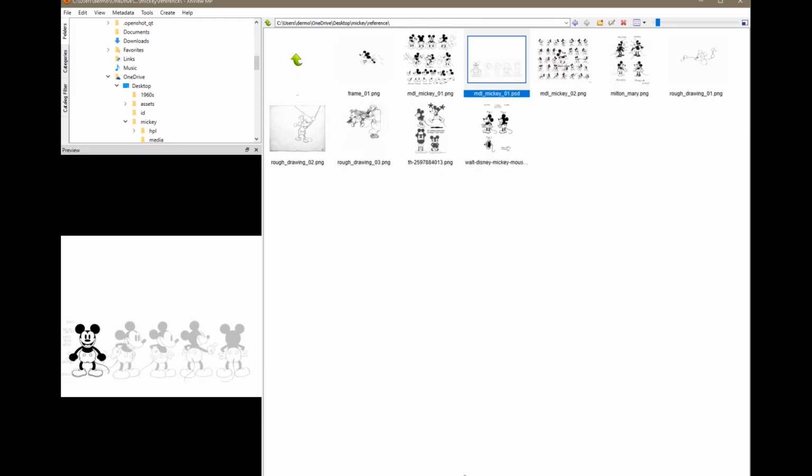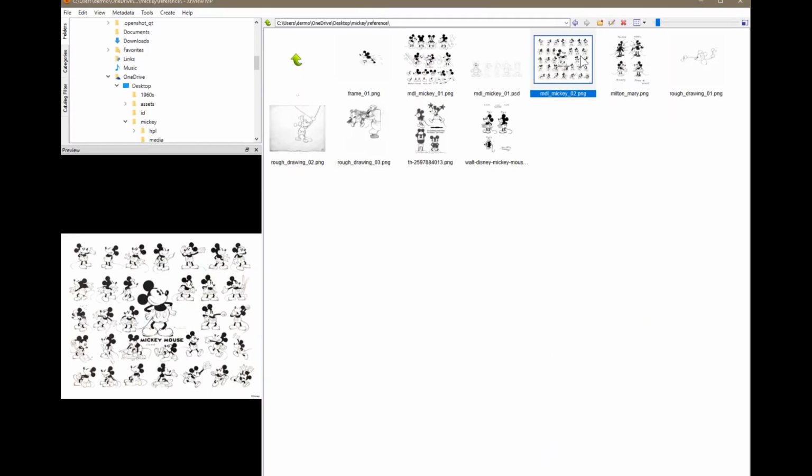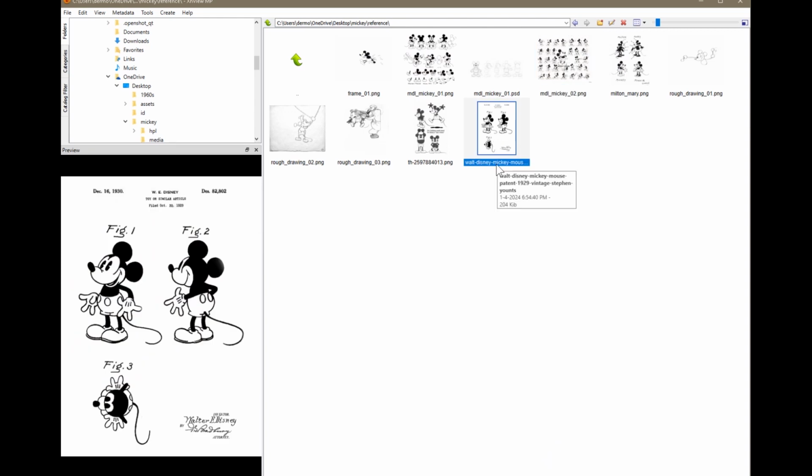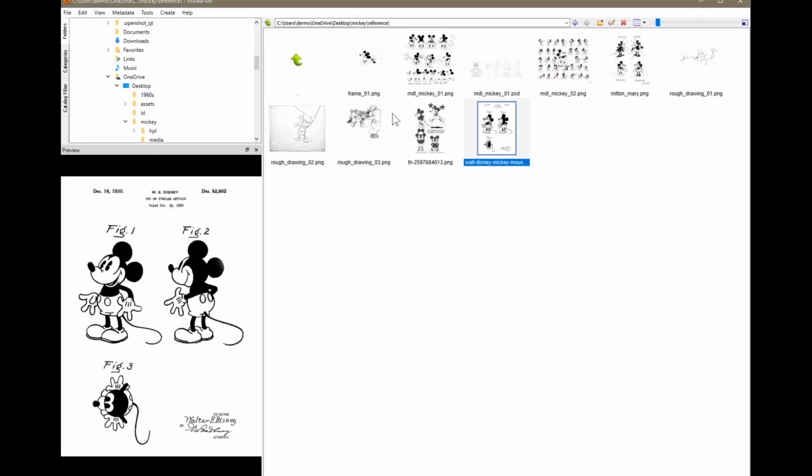I do have, don't know if I ever have the time to do this, but there's these other sheets, which again, I think should be in the public domain within a year or so. The big change to them will be the gloves, possibly, unless I can find out the year of this model sheet. If this model sheet's from 1928, then this is also public domain. So there's got to be some animation wizard out there who knows this stuff, which one specifically. This one's from 1930. See up there. So this will not be in public domain for a couple of years,